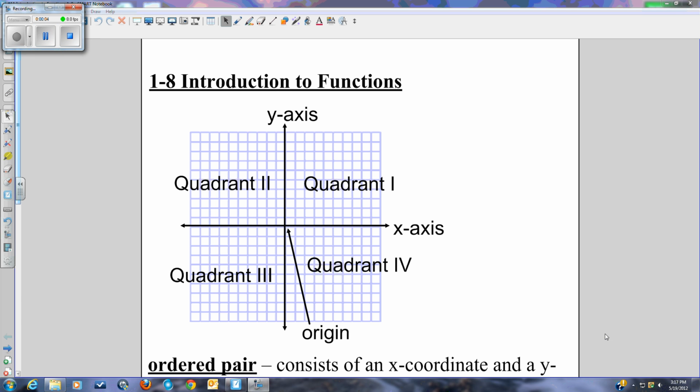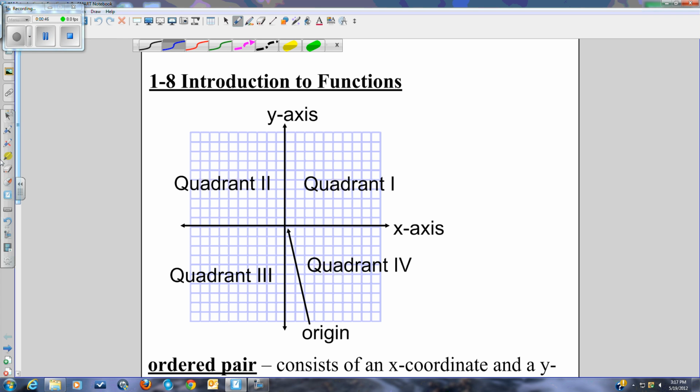Today we're going to be talking about an introduction to functions. And we're going to start by looking at what we call the coordinate plane. This is the grid that you're looking at. And on the grid, we have the horizontal axis, which is known as the x-axis, the vertical axis, which is known as the y-axis. Where those axes meet is called the origin, and it divides the grid into 4 areas called quadrants. Going counterclockwise, the upper right-hand quadrant is quadrant 1, then going counterclockwise, quadrant 2, then quadrant 3, and